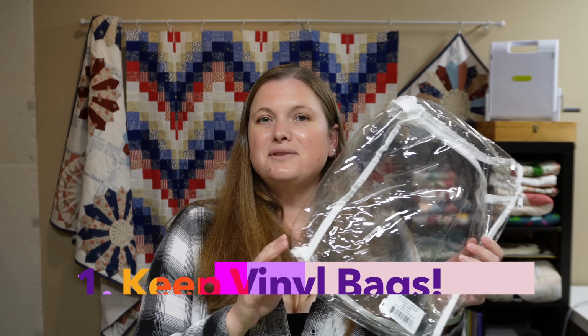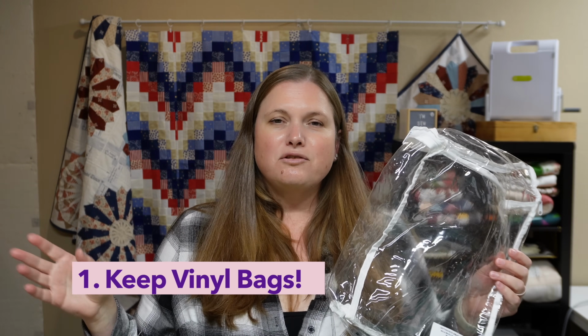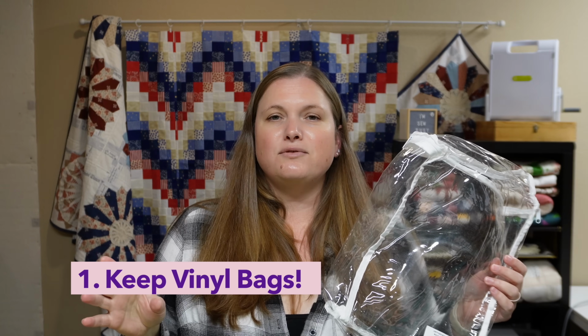The first thing you shouldn't throw away is vinyl bags. So these vinyl bags I often get when I purchase sheets or new blankets for the bed, anything like that. And they can come in really handy. So not only could you use them to store any projects you're working on, but you could also use them